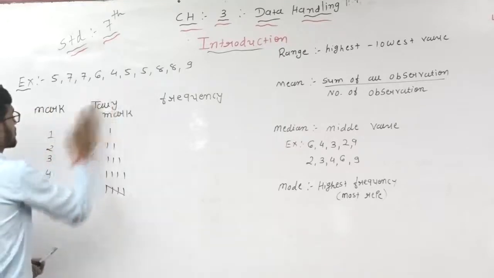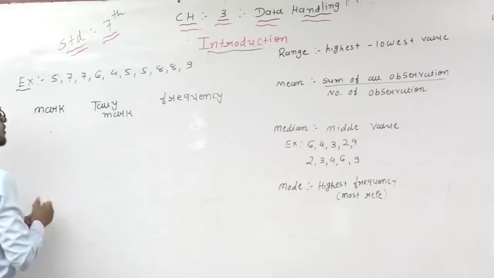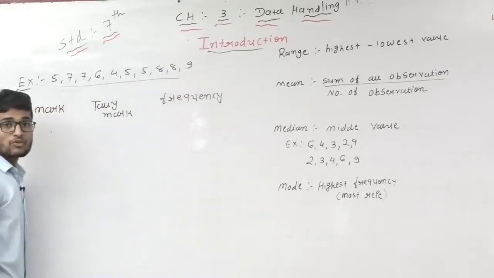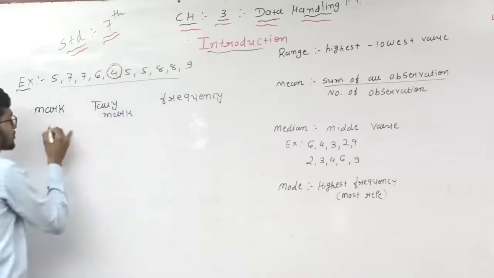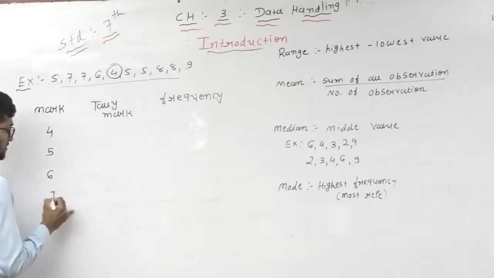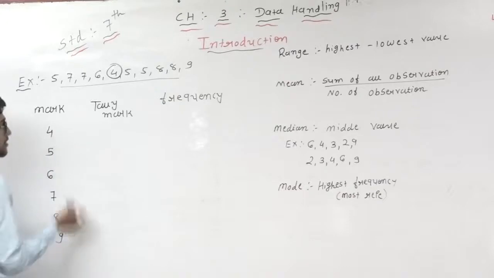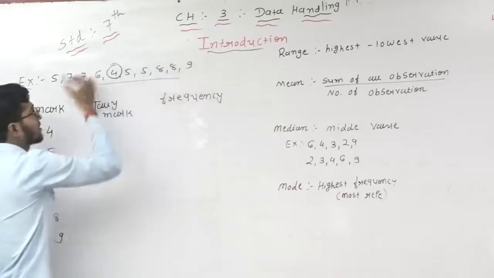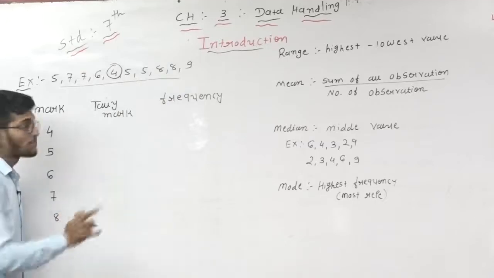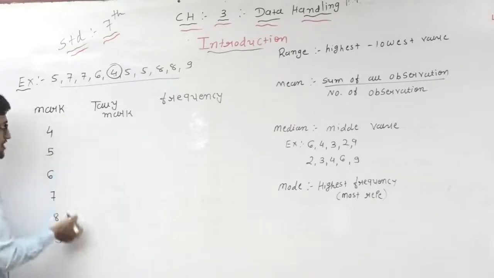But we are discussing this one. So dear students, first of all we start with our marks. First we check the minimum marks out of 10, which is 4. So we will start first with 4, then 5, then 6, then 7, then 8 and then 9. First, check the given data for the minimum marks, that is the minimum value, and start with it. So here the minimum value is 4. So start 4, 5, 6, 7, 8 and 9. So these are our marks.